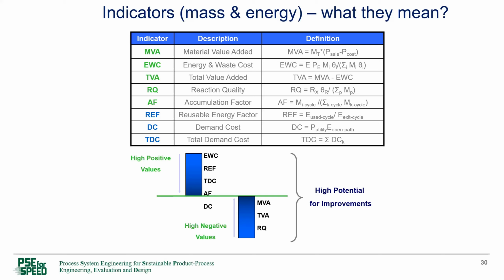So it should not be negative. On the other hand, EWC is the energy that is going around in a recycle loop or in a path. If that energy is very high, it is not good. We need to reduce that. Okay. So as soon as we have the simulation results and have identified the open path and closed path,